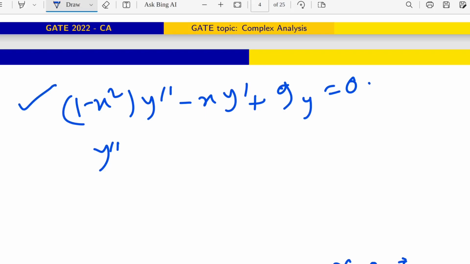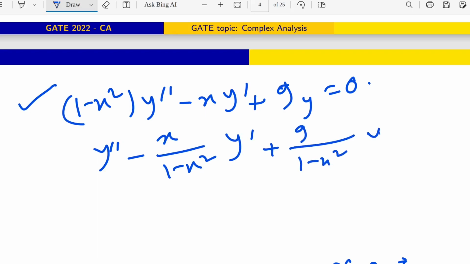So how to do that? Obviously you can see here y double prime is there, f double prime is there, so 1 minus x square should be divided throughout the equation, right? Then how to do that? Let's see. y double prime minus x by (1 minus x square) y prime plus 9 by (1 minus x square) y equals to